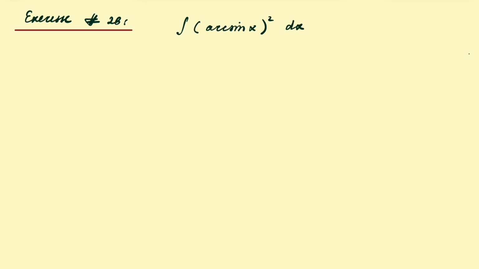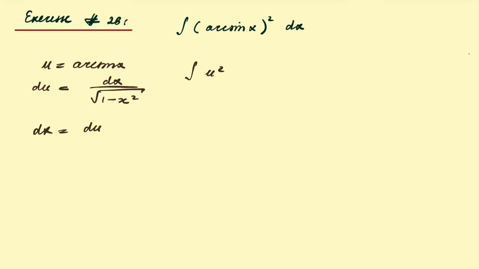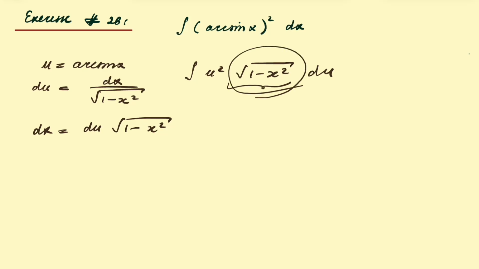Okay, today we have an integral of arcsine of x squared dx. The first thing that came to my mind was to make the substitution u equal to arcsine of x. Then in this case, du would be dx over square root of 1 minus x squared, and then we can do the replacement. This integral would be equal to u squared times dx, which in this case is du times the square root of 1 minus x squared. Now we need to eliminate this square root